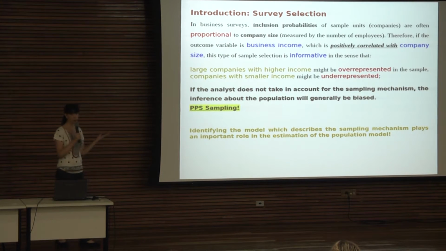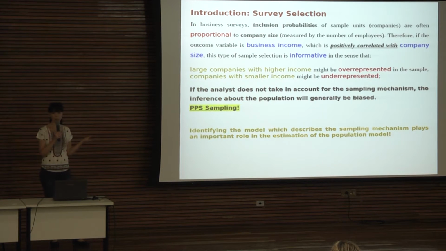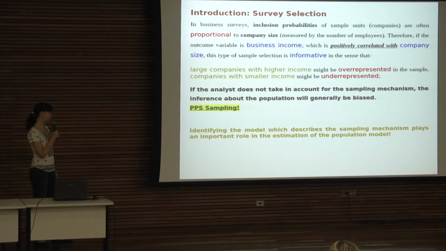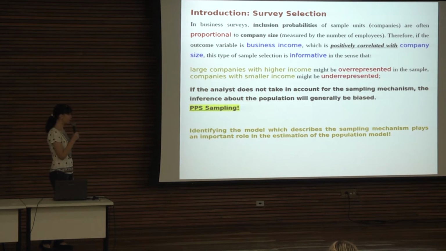This is an example of informative sampling, and in this case, if the analyst doesn't take into account the sampling mechanism, the inference about the population will be generally biased because the population model generally doesn't coincide with the sample model. This sample selection mechanism is often referred to as probabilities proportional to size sampling, and this sampling mechanism is very common in survey sampling. And in this research, we assume that the units were selected using this